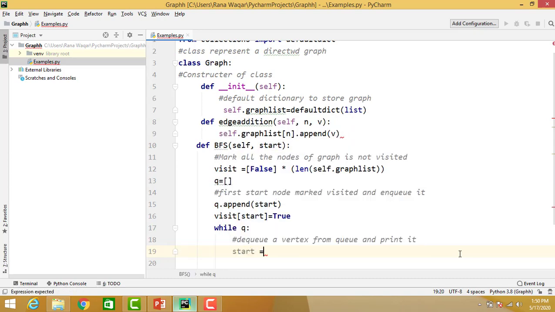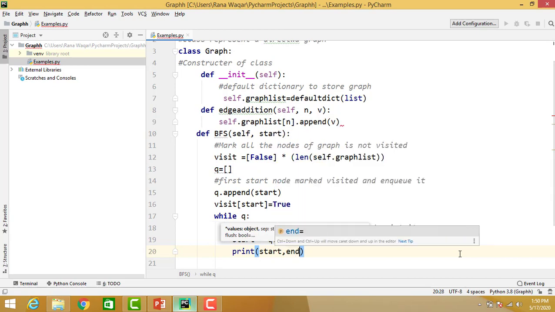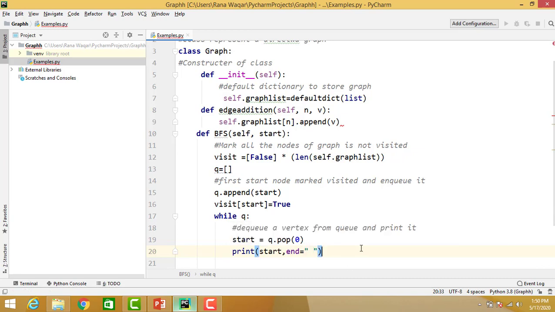Start equal to q dot pop, index 0. Print start, and end equal to spaces.